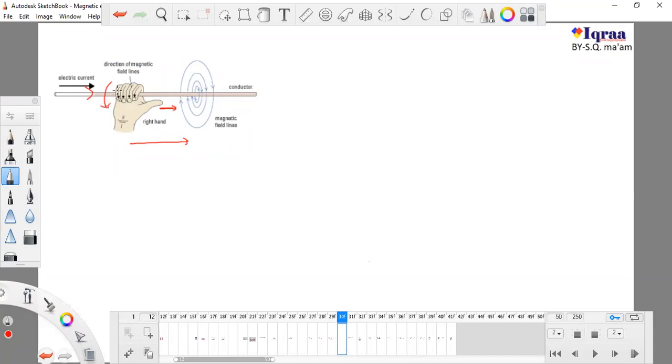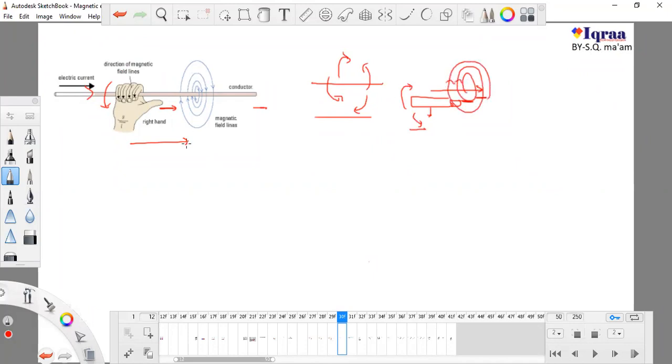How do we get the magnetic field lines? Sometimes we have confusion, whether I should do this or this. How to do this? I'm confused. Just take a pen, open the pen and close the pen from the lower portion. I'm telling you, a very simple trick. Most of the students cannot handle these types of questions. So just take a pen, put the nib of the pen in this direction, and this is the lower portion. Open this and close this. Either it will close in this direction, or it will close in this direction. So it will be your magnetic field. So don't get confused about this thing.